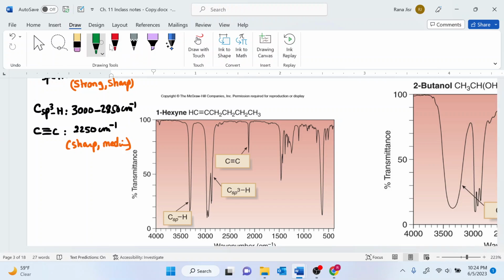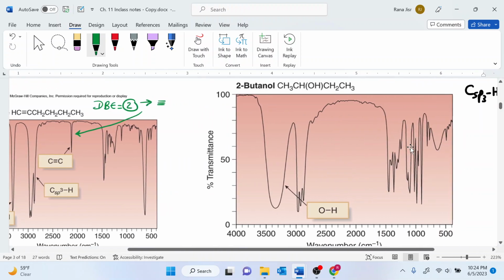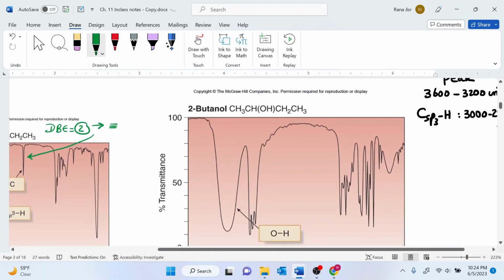Also, you can go ahead and do the DBE of your structure, and if your DBE is equal to 2, then definitely you have a triple bond in there, especially if you have a peak in the IR region at around 2500. For alcohols, OHs, they have a broad peak in there, whether they are primary, secondary, or tertiary